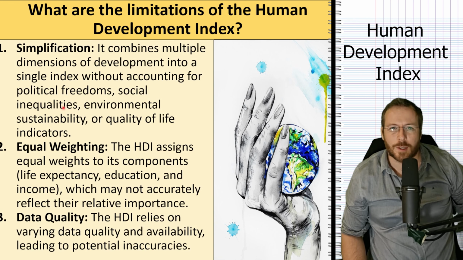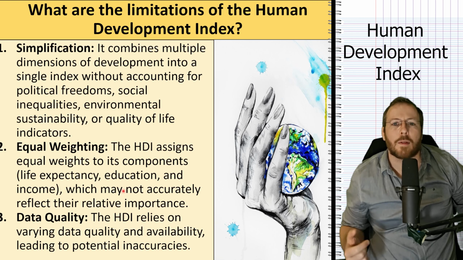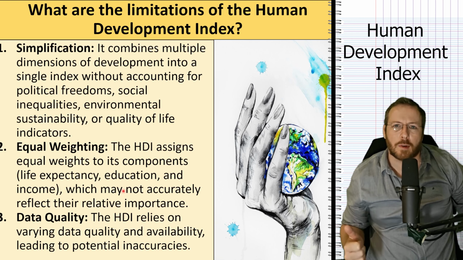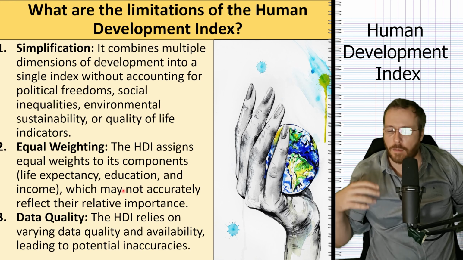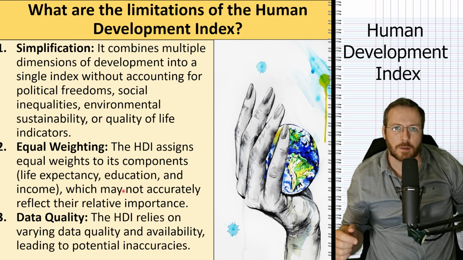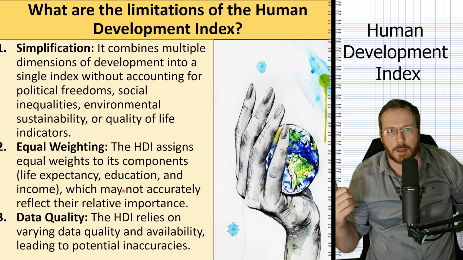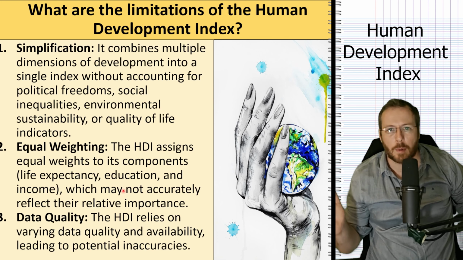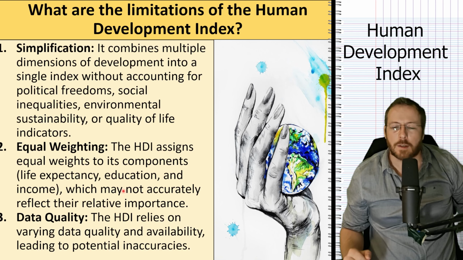What about social justice? Political freedom. Are you allowed to say what you want against the leader? This is often a defining question of whether a country and its citizens are really free. What about the weighting? They've given an equal rating of 33.3% recurring for each of the 3 components. But what if you believe long life is more important than schooling, or schooling is more important than income? These are things we have to consider.